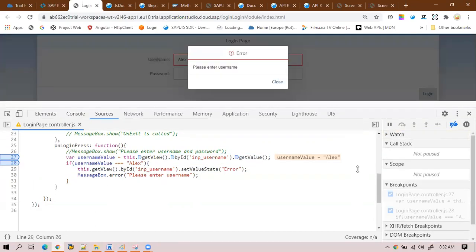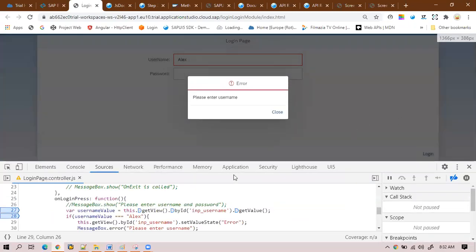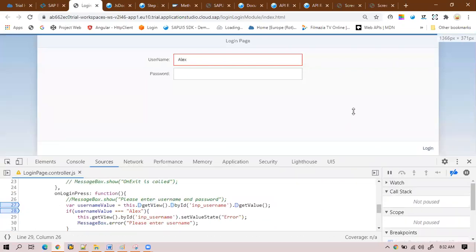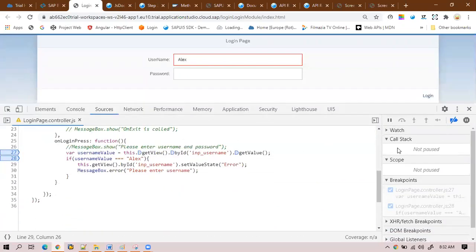Once I click, the execution stops automatically, because all the lines in that function are executed. Now I can see, please enter the username, whatever we have written. So this is how we do generic debugging for any UI5 application.